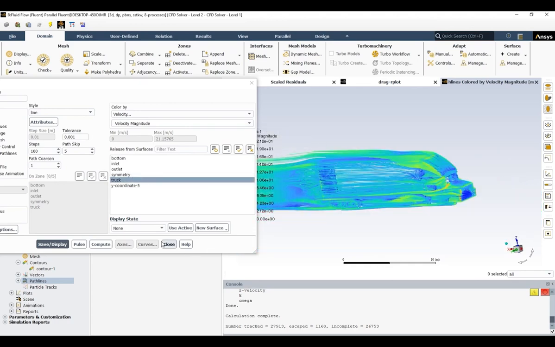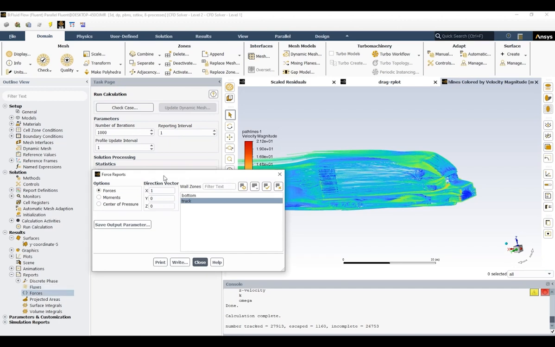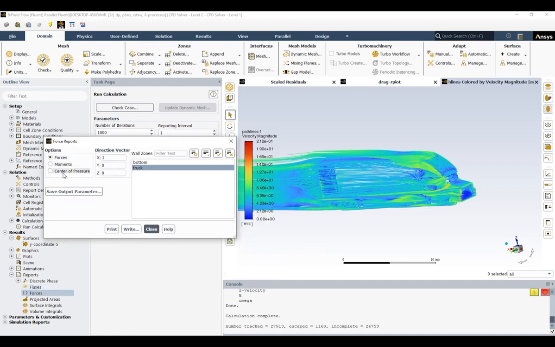Alright, that's it for the graphical part. We're going to close the graphics, and for the next part I'm going to show you how to calculate the final value of the drag force or lift force or any type of force in your model. So I'm going to expand the reports, go over forces, and you can see that you have three options: forces, moments, center of pressure. Regarding the force,